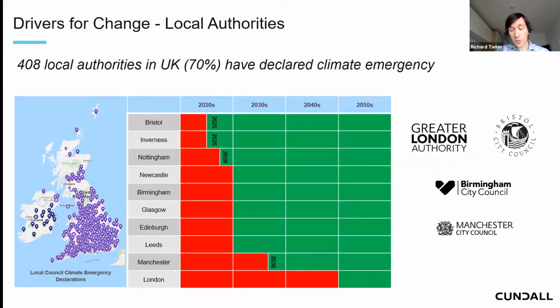And of course, it's not just national level. You may be aware that around 70% of UK local authorities have already declared a climate emergency, many of them setting net zero goals in advance of our national goal for 2050. So quite a lot of them aiming for 2030 or earlier. London, which actually set a 2050 target before the national target, is largely expected to push their target back to probably 2030 following the mayoral elections later this year.